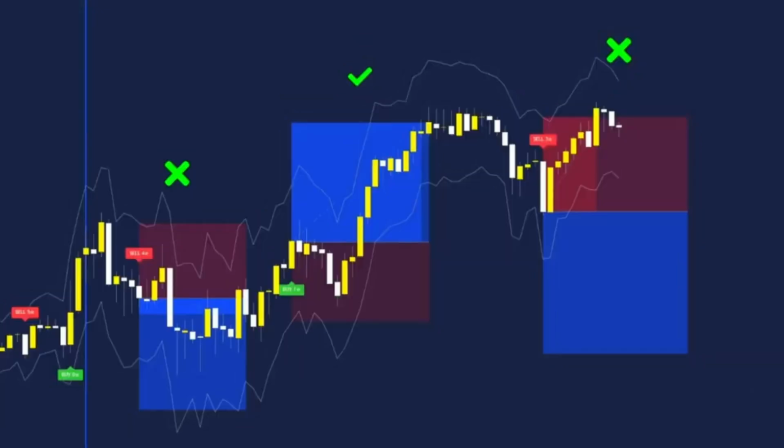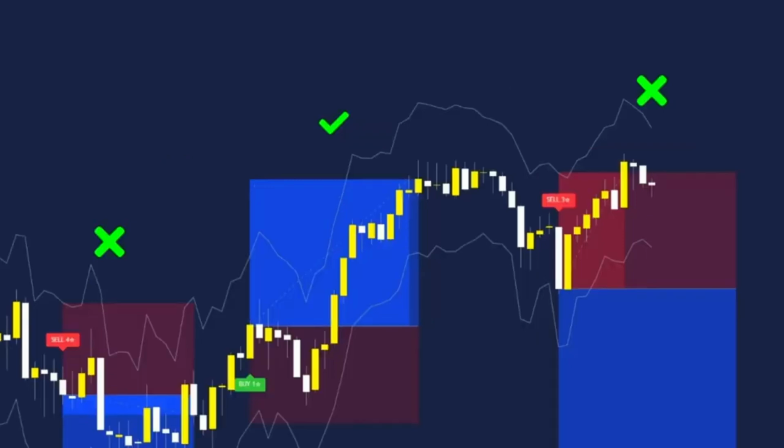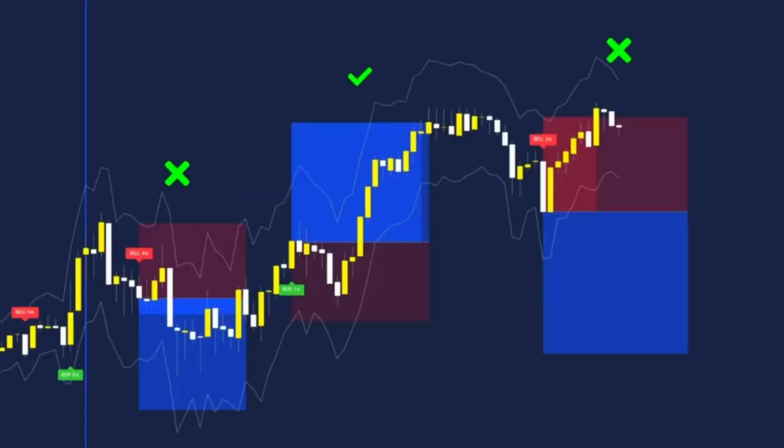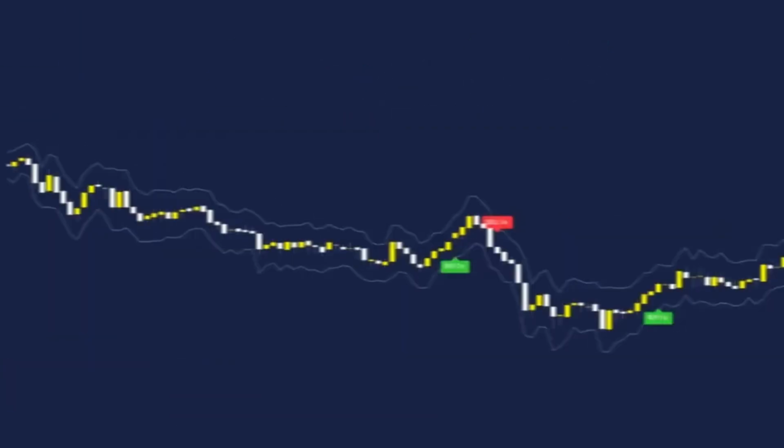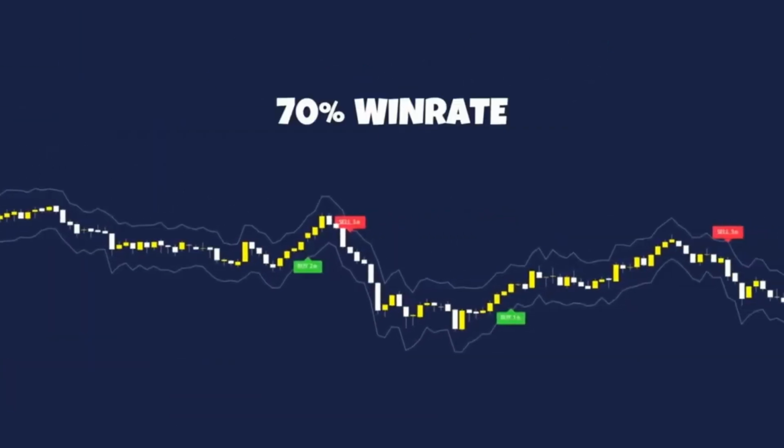But the good thing about this is we only have to focus on them first 3 trades and then we can close the charts off regardless of the outcome, and you can carry on with the rest of your day. But I am now going to show the results for this 70% win rate strategy over the course of 100